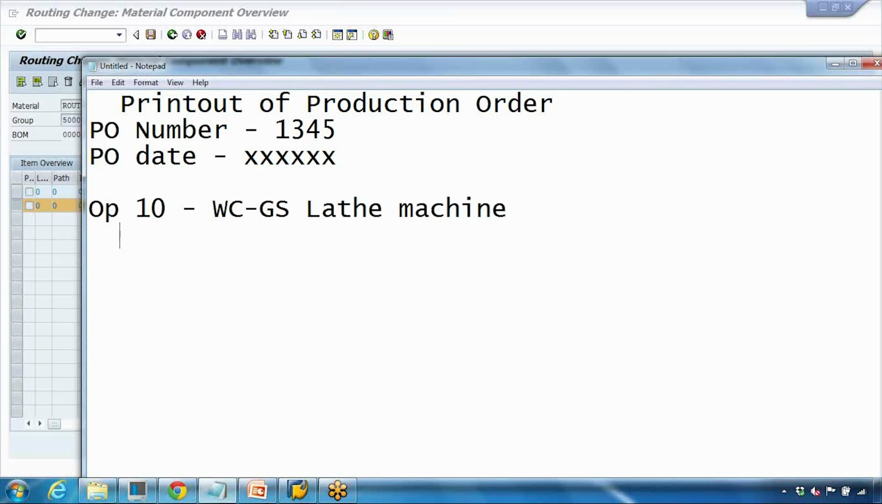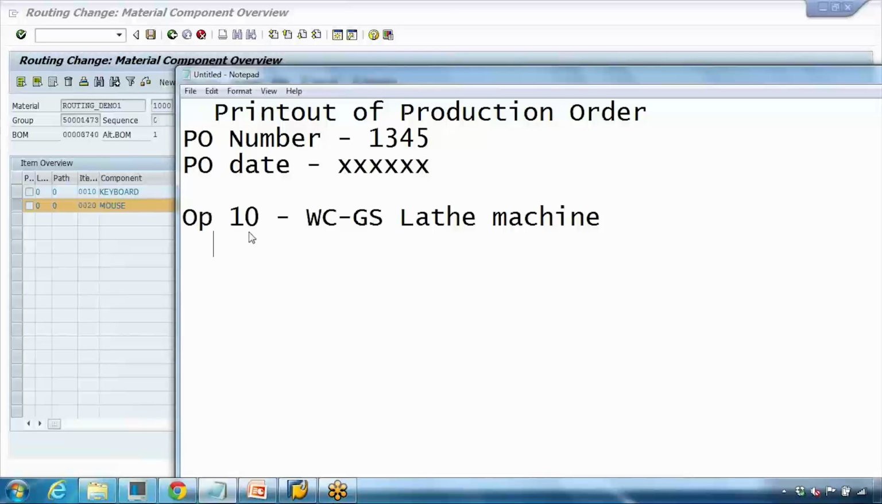So that means the operator who is going to print the production order can see the first machine will be consuming a component. For example, here the first component is keyboard. So I can say component here will be keyboard. So say if we're manufacturing a laptop, same way you can say operation 20